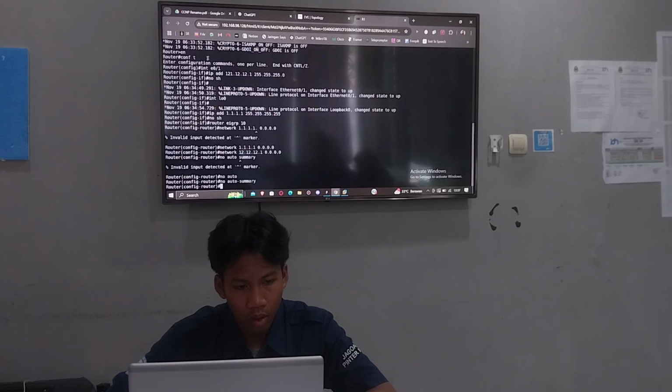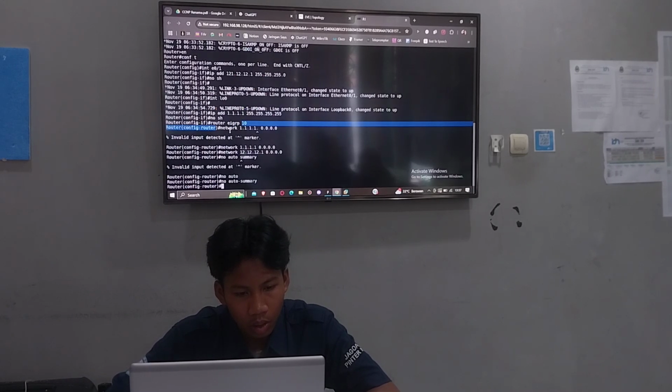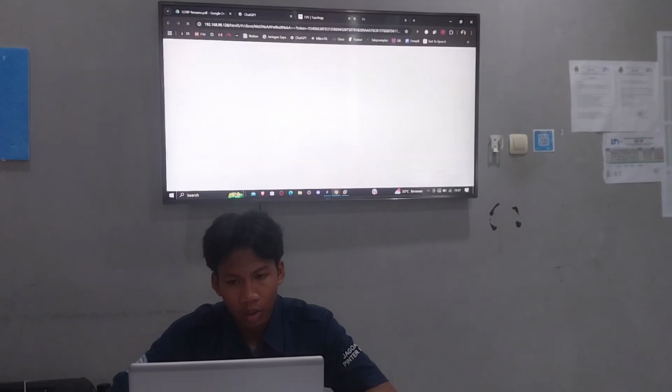The first go to interface Ethernet 0/1 and give the IP, then interface loopback, IP 1.1, router EIGRP, network, and no auto summary. Okay, for the next, go to router 2,